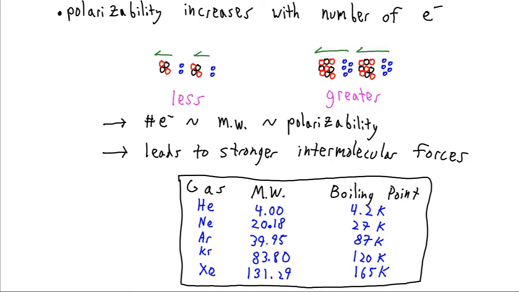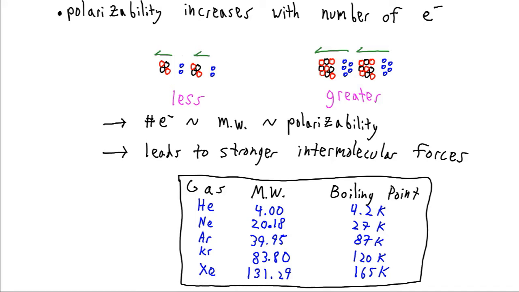So helium starts out and it transitions between liquid and gas at 4.2 kelvins and has a molecular weight of just 4 grams per mole. And as we increase up to the 131 grams per mole of xenon, we also increase into a boiling temperature of 165 kelvins. And this is because the attraction between these xenons is increasing. So we have more electrons and protons, more opportunity to form a stronger dipole. And so it's going to take a larger temperature in order to overcome those forces and pull apart the atoms